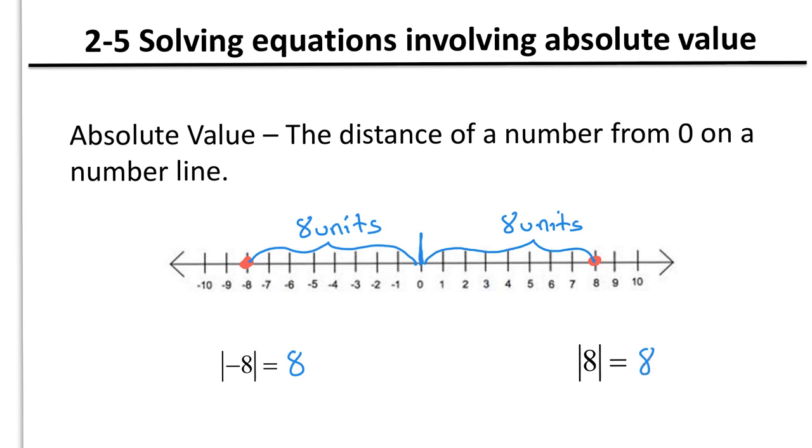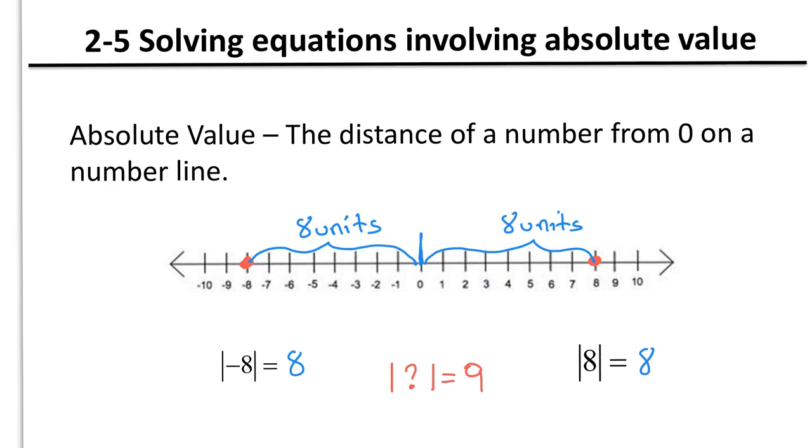Now, if you pay attention to those absolute values, we have different numbers, -8 and +8, that have the same absolute value. So what that means is when you guys are solving an equation, we're going to have to think about that, because let me give you guys another absolute value here. If we have the absolute value of a number, and I don't know what that number is, but I know that the absolute value of that number equals 9, what that means is the number inside of the absolute value,